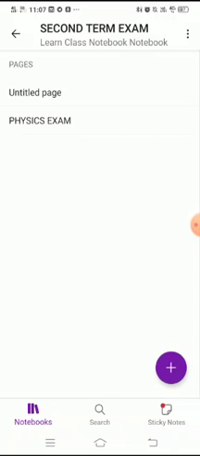When you choose that exam name, the subject option also will be given to you. Mine is physics exam. This is the question paper which I get. I get a question paper like this for the physics exam, and that is in the form of a PDF. So I have to open the question paper.